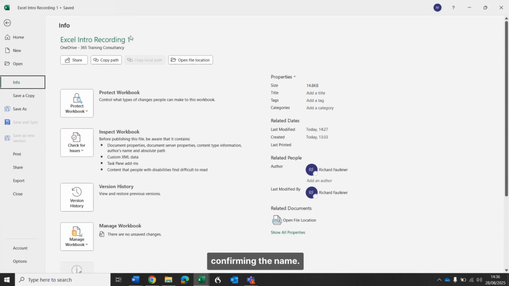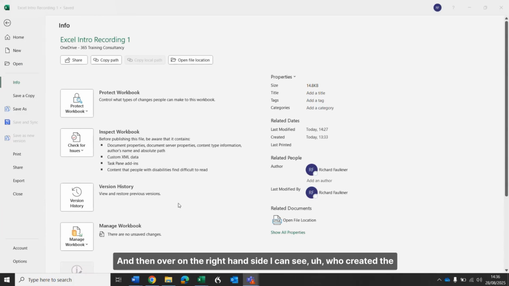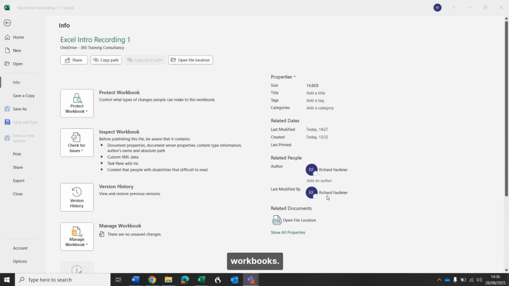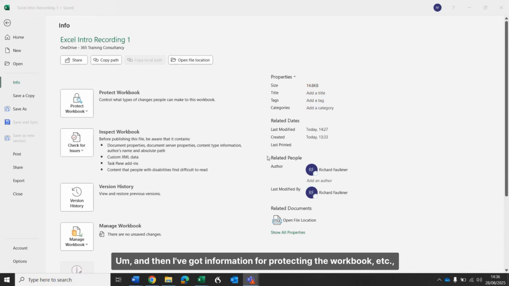And it's confirming the name, it's Excel Intro Recording 1. And then over on the right-hand side, I can see who created the workbook and who last modified the workbook, which is interesting if you're working together on a project in a team on Excel workbooks. And then I've got information for protecting the workbook, etc., which we'll come back to at a later stage. And then I've got options for saving, printing,